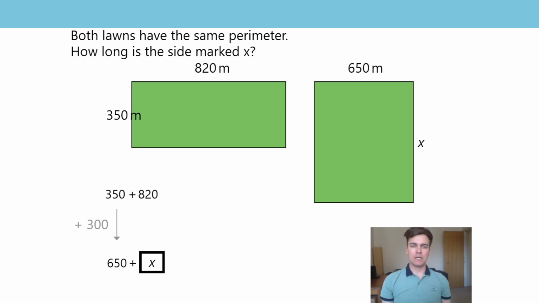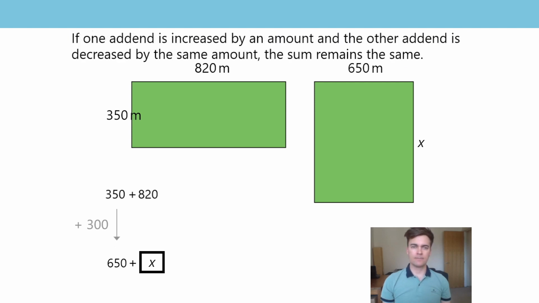Now I know that the sum of each expression must be the same because both lawns have the same perimeter. So if I want the sum to stay the same, but one of the addends has increased, the other addend needs to decrease by the same amount. So x is equal to 820 subtract 300,